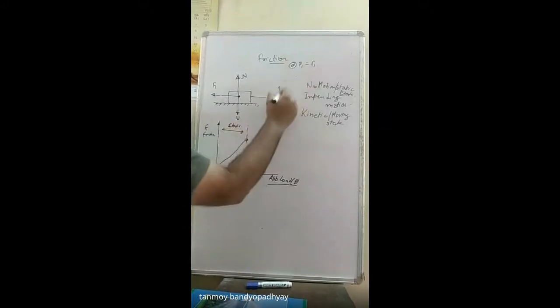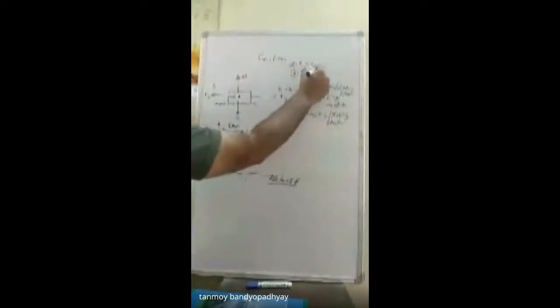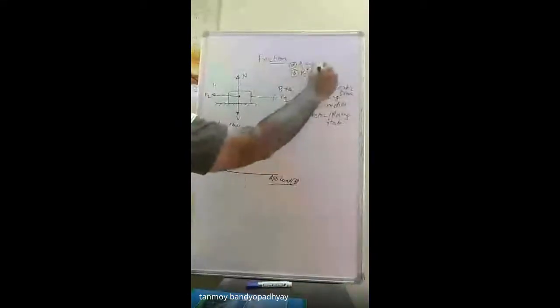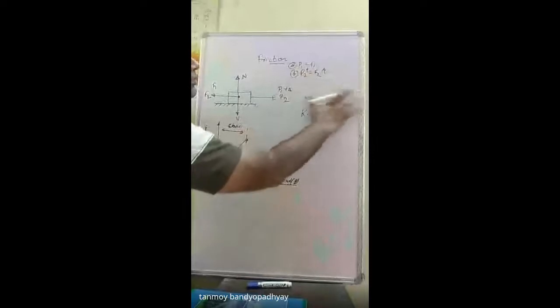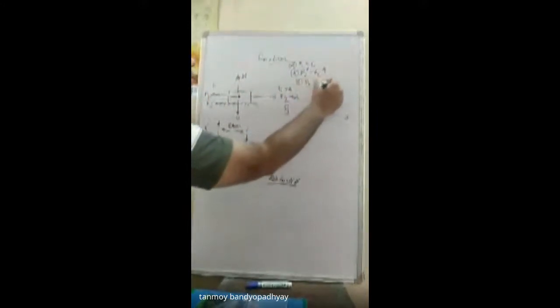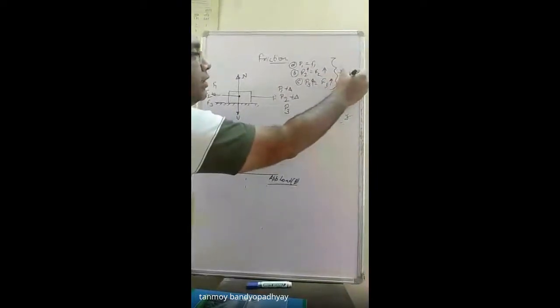This is the first case. Then I increase the load, say P1 plus delta, so it becomes P2. The frictional force also increases to a value F2, such that P2 is equal to F2. As I am increasing the load, the frictional force is also going on increasing. In this way, I can go on increasing the load. Again I increase it by delta, so I am applying a load of P3. The frictional force also increases by itself and becomes F3, such that P3 is equal to F3, in order that there is no motion of the body. So these are certain static zones. There is no motion, but still there is frictional force acting on the body.